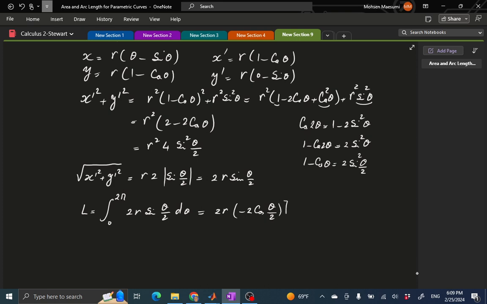And then between 0 and 2 pi, you can write 2r, let's put this minus 2 aside, and then cosine of 2 pi over 2 minus cosine of 0 over 2. So 2r times minus 2, minus 1 is another minus 2. I get 8r. So the length of a cycloid